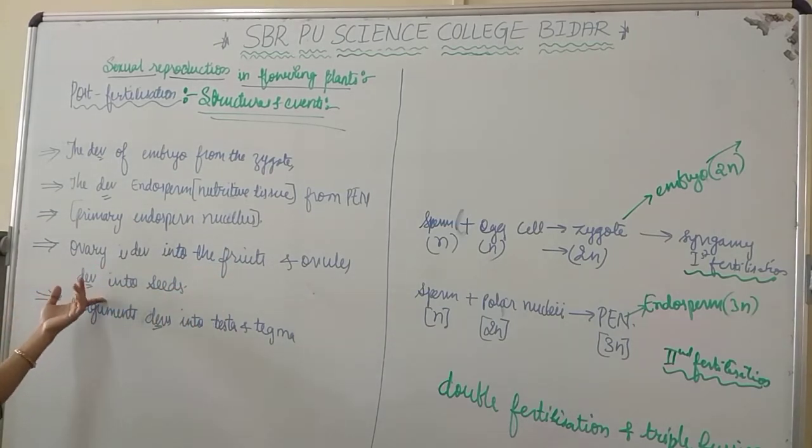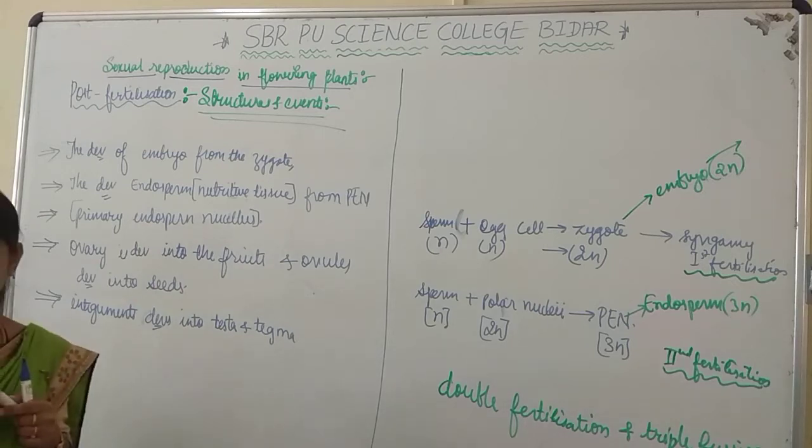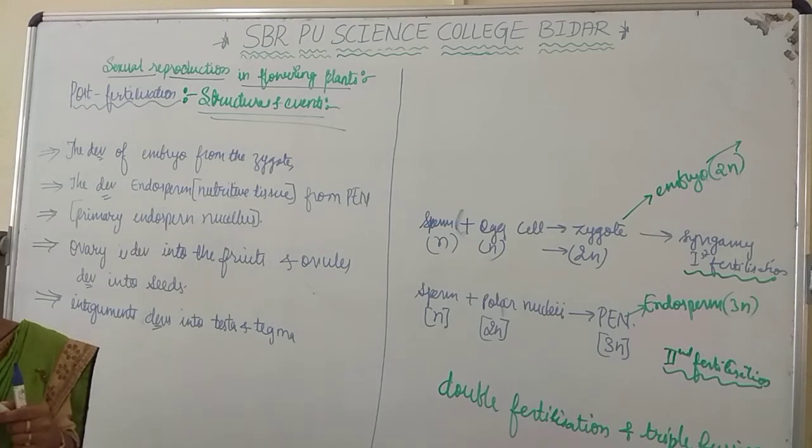Apart from that, the ovary, that is the female reproductive part, immediately after fertilization, the flower loses the calyx and corolla, that is petals and sepals. But in some conditions, the calyx remains along with the fruit. For example, in the brinjal. In brinjal the calyx remains, it will not disappear. Okay? Got my point?